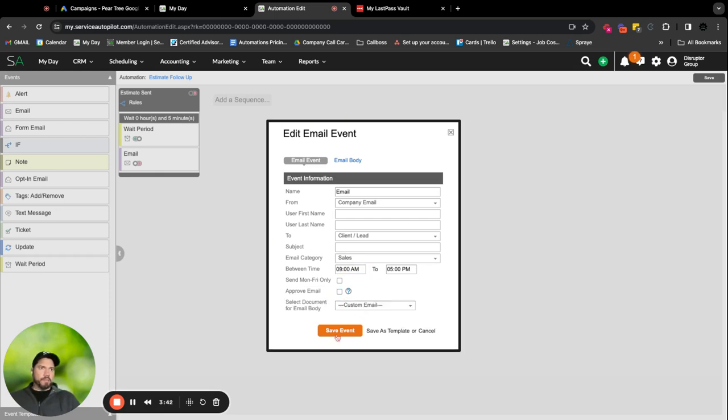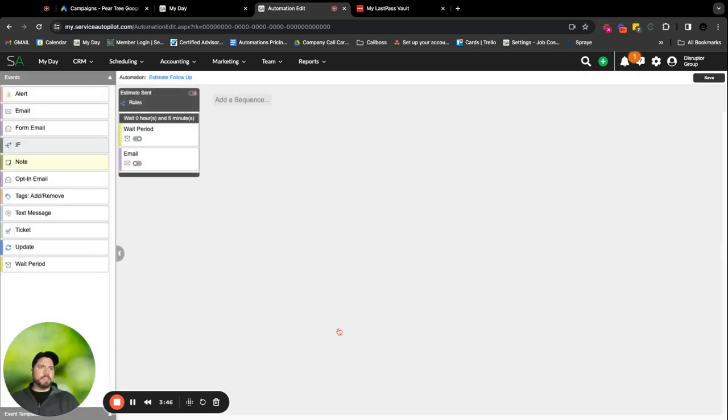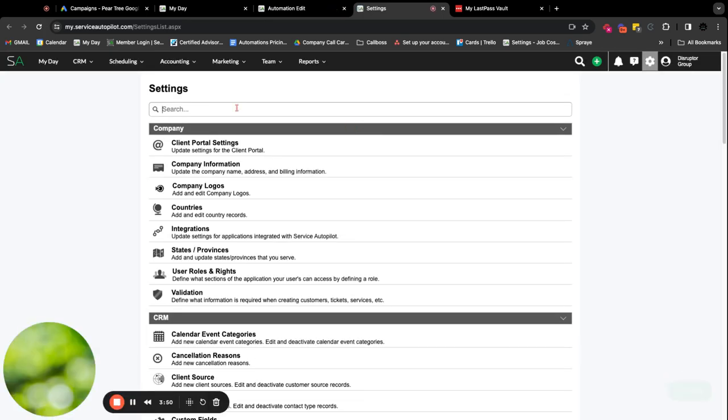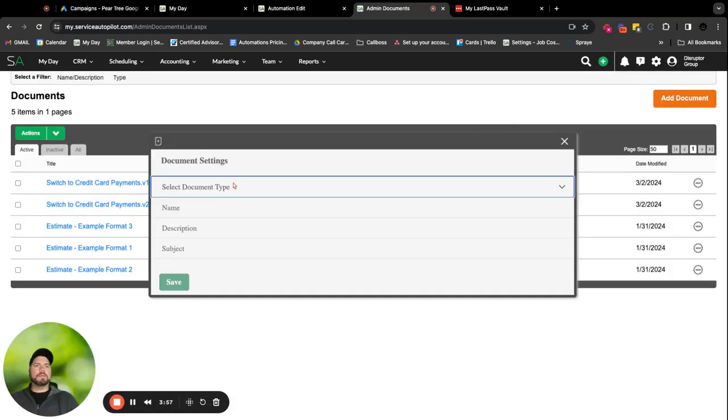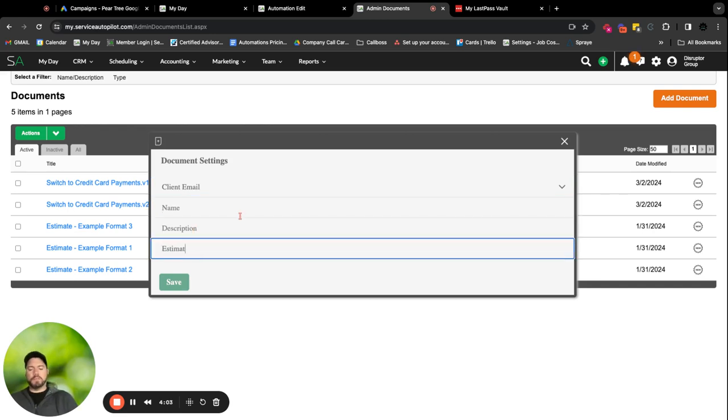And this is where we're going to be able to input our custom email or select our email document. So I'm going to go ahead and save this. We're going to go over to settings here, and we're going to go to documents, and we're going to add a document. And this is just going to be a client email. And let's just do estimate sent